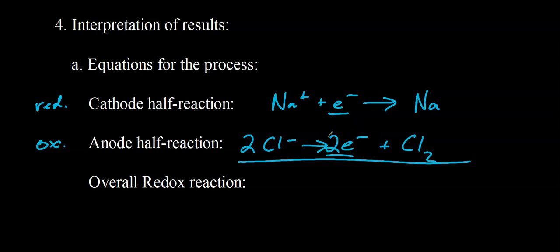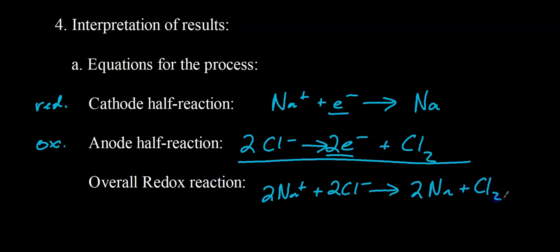Then we combine our half reactions. Ultimately, we end up with this, and that is our overall equation for the reaction: 2 sodium ions and 2 chloride ions react to form 2 atoms of sodium and